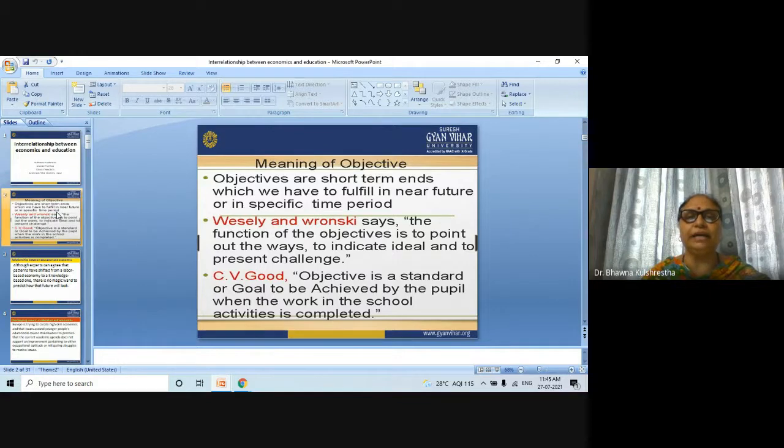objectives are short term, which we have to fulfill in the near future or in a specific time period. Wesley and Vrosky say the function of the objectives is to point out the ways, to indicate ideals, and to present challenges. In C.V. Good, an objective is a standard or goal to be achieved by the people when the work in the school activities is completed. In this topic's